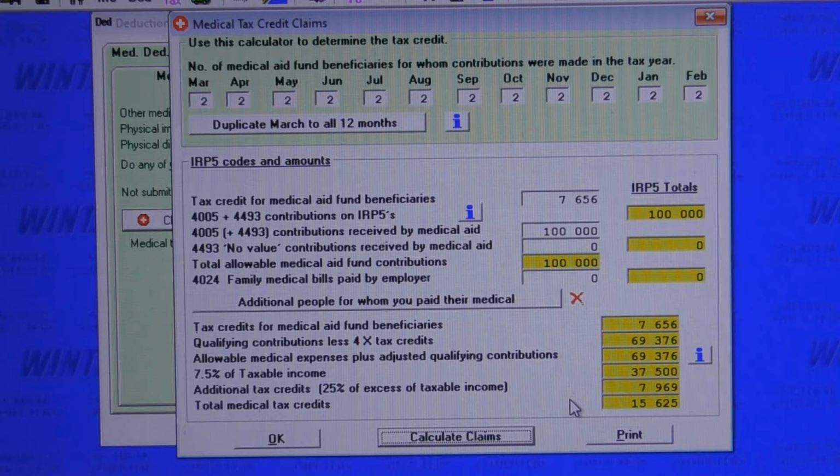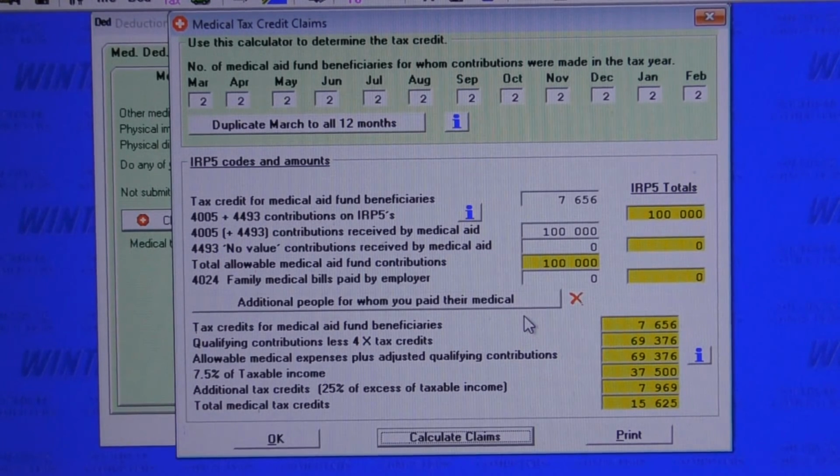WinTax has processed all the medical tax credits and shows the total medical tax credits of 15,625 Rand granted. This taxpayer had a taxable income of 500,000 Rand. SARS also allows you to claim tax credits for other immediate family members for whom you paid the medical aid contributions and medical costs. If you click on this button here,